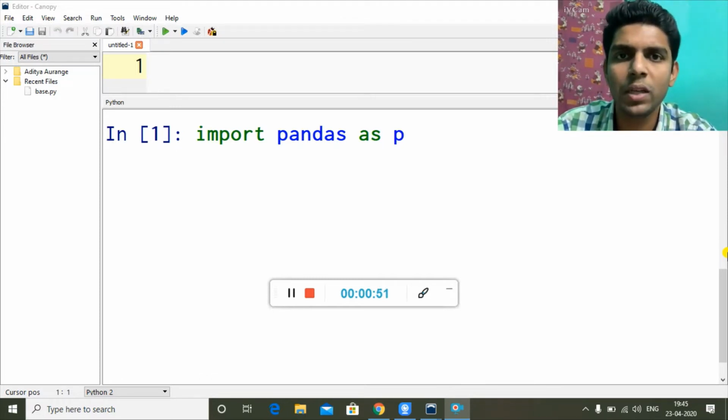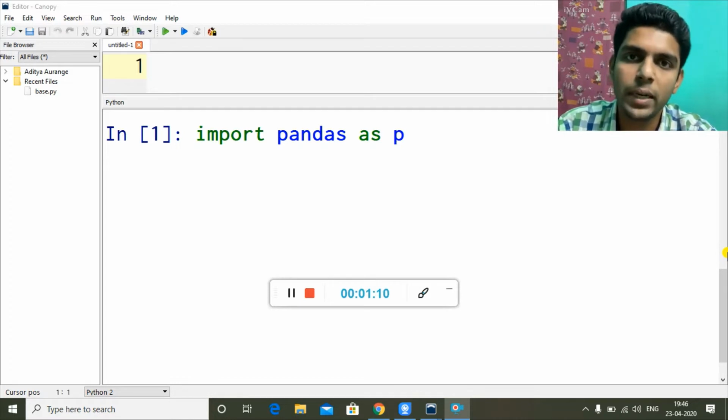There are multiple ways of creating a data frame. First, we can create it using a list. Next, we can use a tuple to create it. Then numpy arrays also. Then a one-dimensional structure, which is a Series in Python pandas, we can use that, and we can also use another data frame. Using another data frame will create a duplicate copy of the data frame used. So let's see how we can create it.